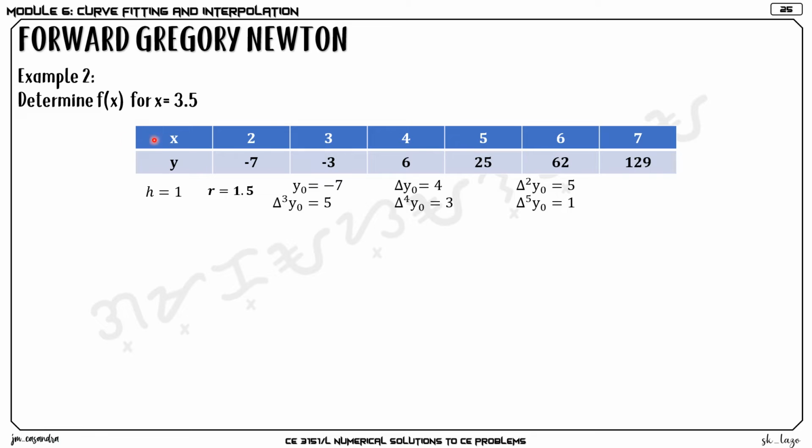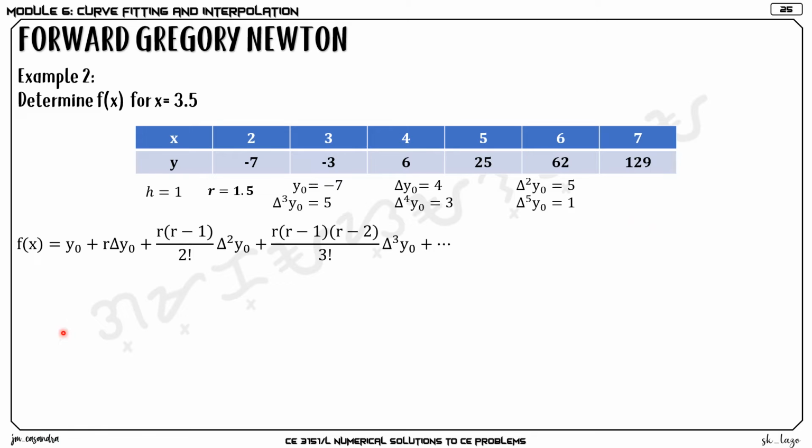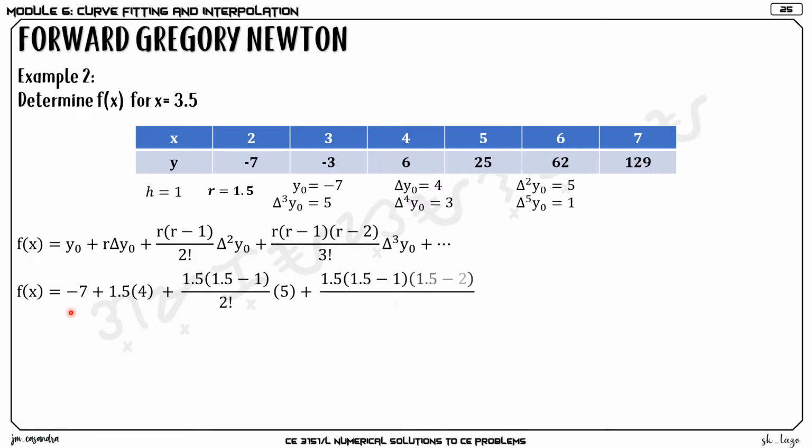So given now the values of h is 1, y sub o, until delta y sub o raised to 5, we can now apply these values in the equation of f of x equal to y sub o plus r times delta y sub o plus r times r minus 1 over 2 factorial times delta squared y sub o, and so on. So for here, we will now get negative 7 plus 1.5 times 4 plus 1.5 times 1.5 minus 1 all over 2 factorial times 5